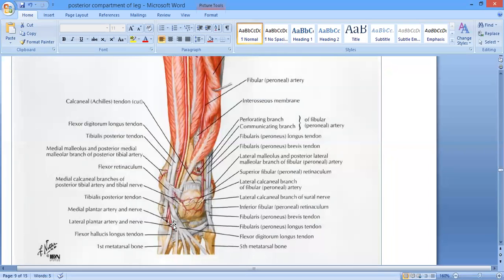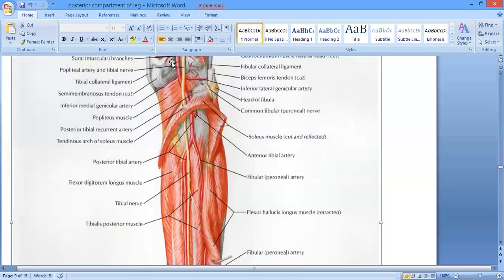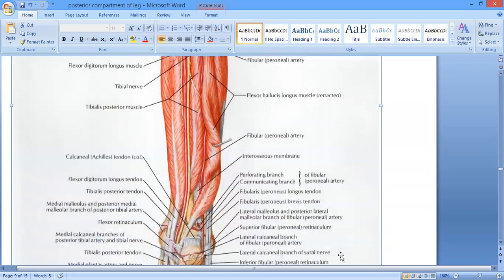As far as the course of the posterior tibial artery is concerned, I'm just going to repeat it again: this artery is going to commence at the lower border of the popliteus muscle. As soon as it gets its origin, it passes behind the soleal arch and runs on the posterior surface of the, you can see, tibialis posterior muscle in the upper part of the leg, and in the lower part of the leg, it lies against the posterior surface of the tibia, where it is covered by the skin and the fascia, right?